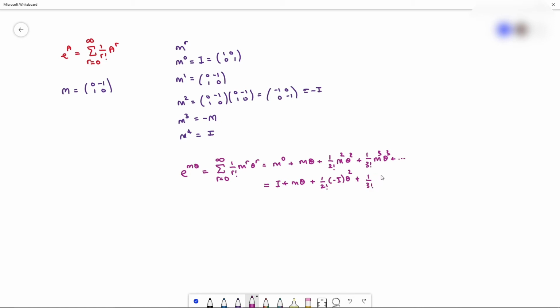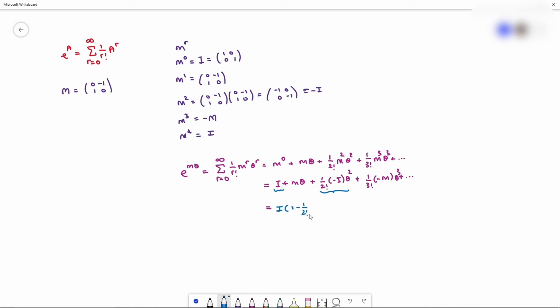1 over 3 factorial times minus m times theta cubed, and so on and so on. So what I'm going to do now is factor out the I out of every even term. So I'm going to factor out I from here, and from every other even term. So if I factor out the I, we get 1